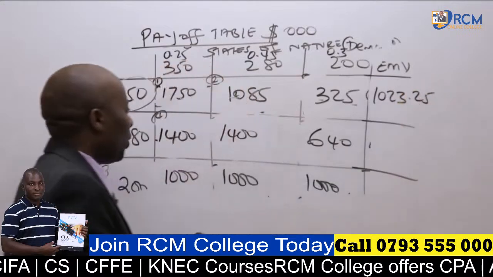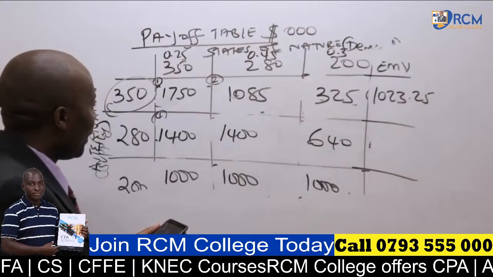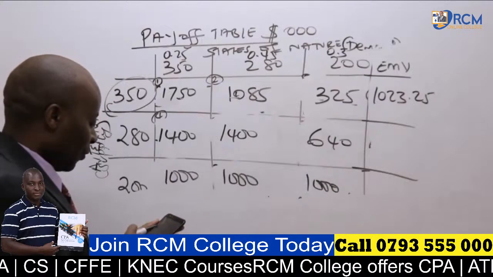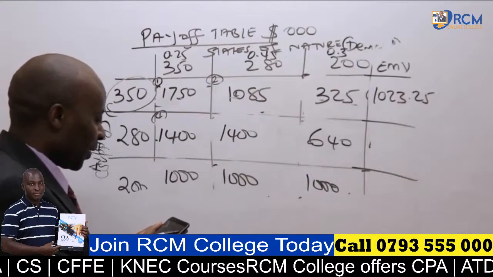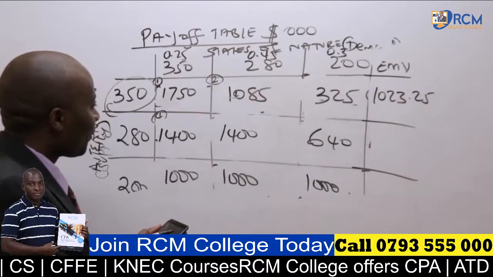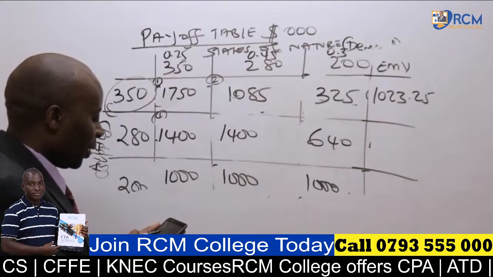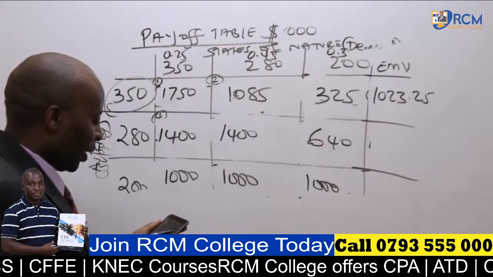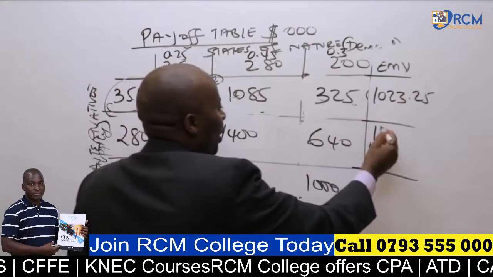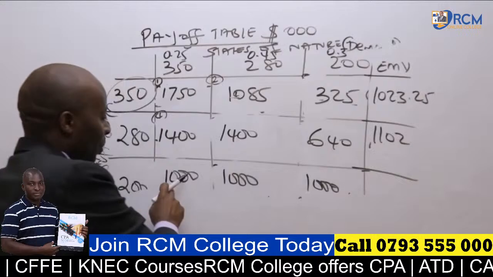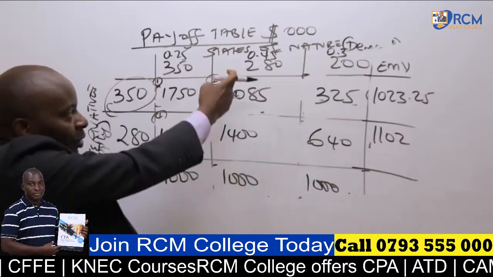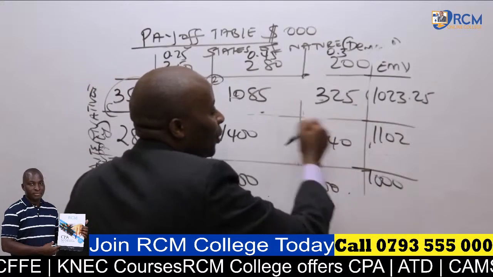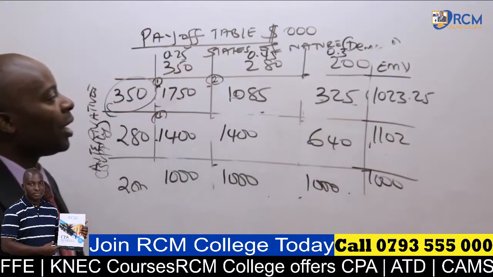From there, we have 1400 times 0.25 plus 1400 times 0.45 plus 640 times 0.3, which will end up giving us 1102. And the last one will be 1,000 times 0.25 plus 1,000 times 0.45 plus 1,000 times 0.3, which ends up being 1,000. Now, ladies and gentlemen, having gotten our